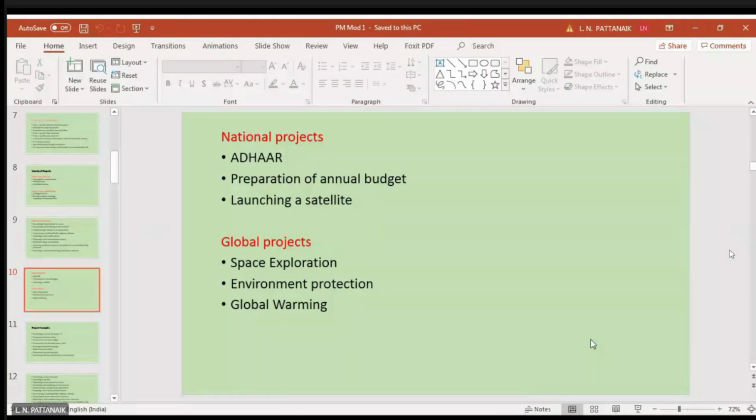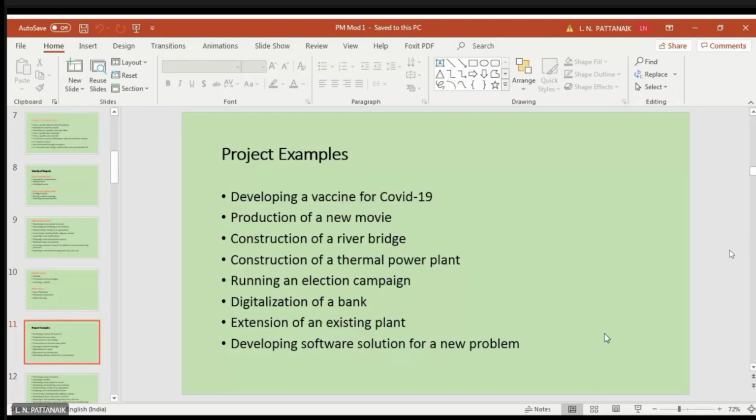Launching a satellite, of course, is a project. Very good example of a project. Similarly, at the global level also, if many countries are working on global warming, that can be a global project. Environmental protection, space explorations by mutual cooperation among many countries can be global projects. So it depends on the scope and scale. So some project examples, right? Developing a vaccine, production of a new movie, construction of a river bridge, construction of a thermal power plant,